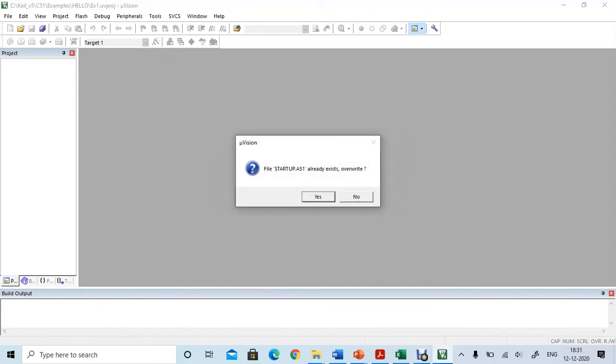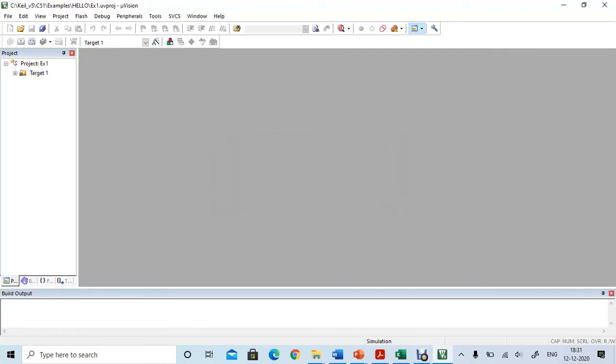So now we have got the project window and the project name is EX1, and in that we have the target and the startup file. To write the program, we have to click new, that is Ctrl N on the keyboard. We can type the program in that document, and then save the document in .asm extension.